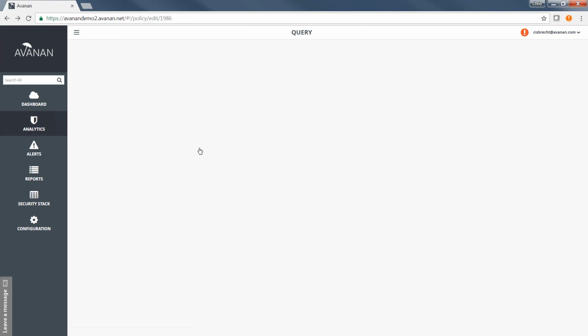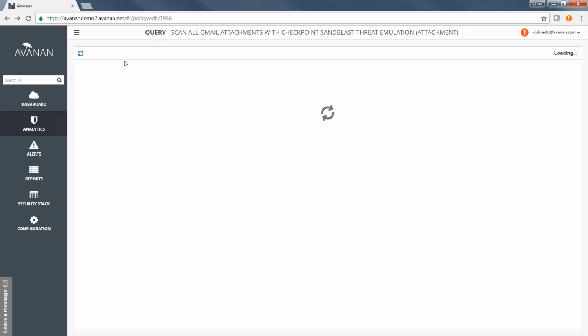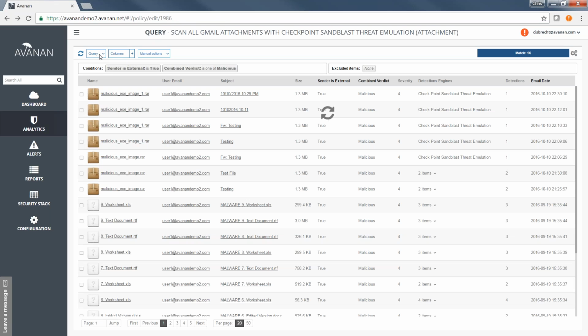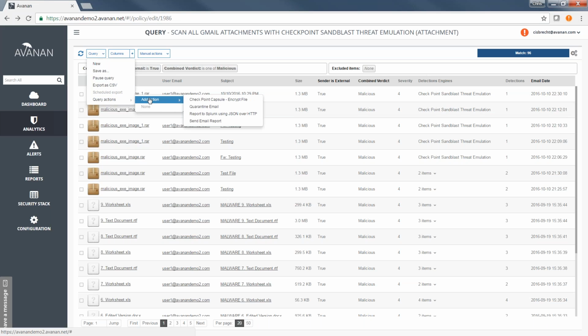So in the summary report or in the query, I've got the ability to set policies. So if I wanted to set an automated action here, I've got the ability to quarantine. I can encrypt with the Checkpoint program. I've got interfaces out to other SIEM vendors if we want to kick off syslog messages. So lots of capabilities here for us to customize and set automated policies in more of a set it and